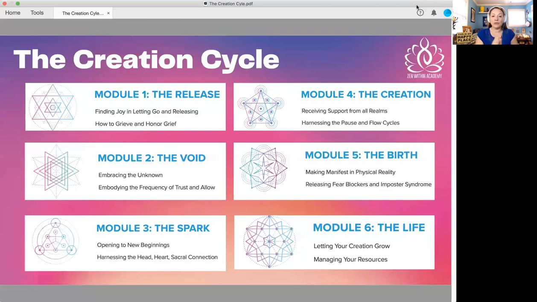But module 2, as I mentioned, is the void. This is the most uncomfortable part of the creation process for many of us. It's the in-between. It's the space before something new begins. And it is difficult, right? Because as humans, we don't like change. And so we're going to really work in module 2 on embracing the unknown and really embodying the frequency of